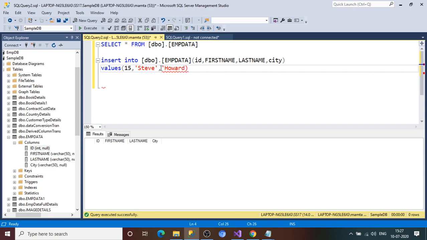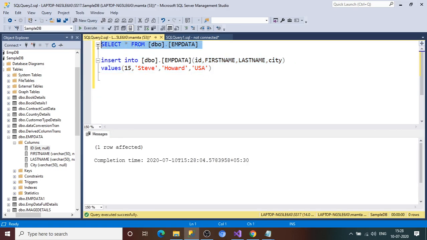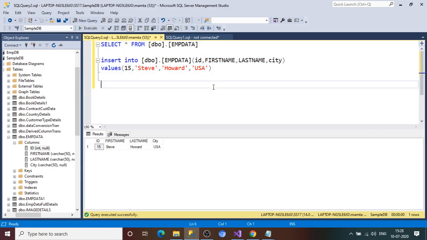Steve Howard, let's say, and the location would be USA. City is USA, which is actually a country, but that doesn't matter. So let me go ahead and add one row here. The one row is here.